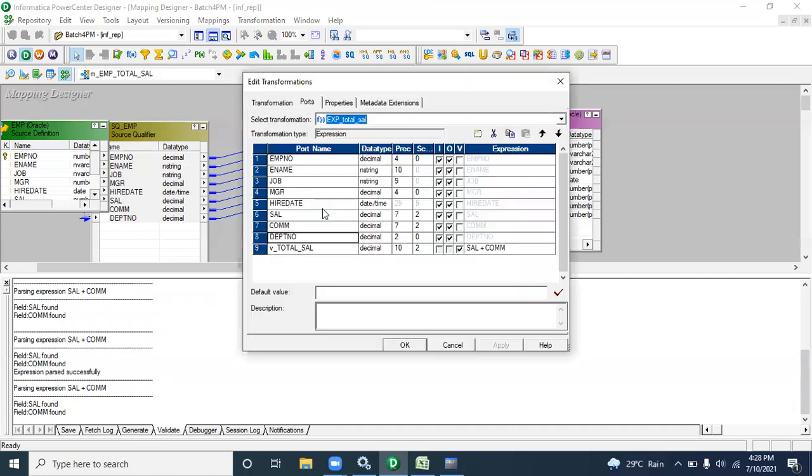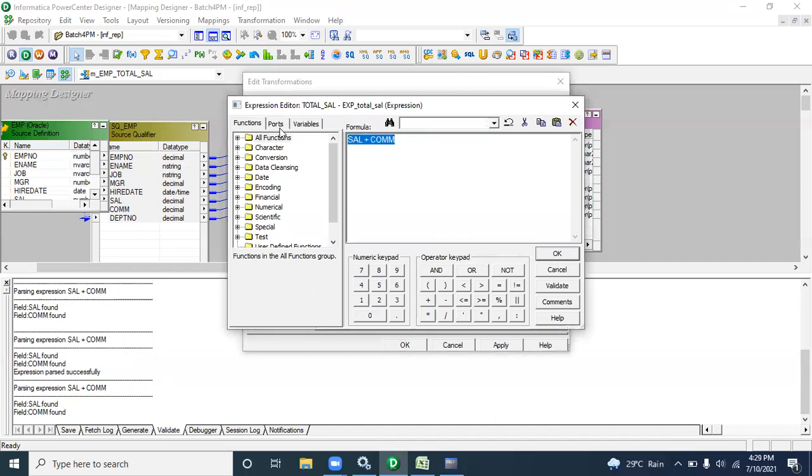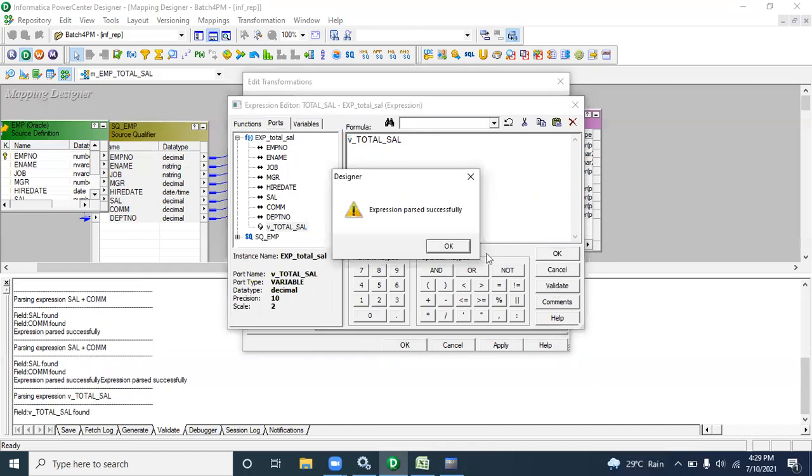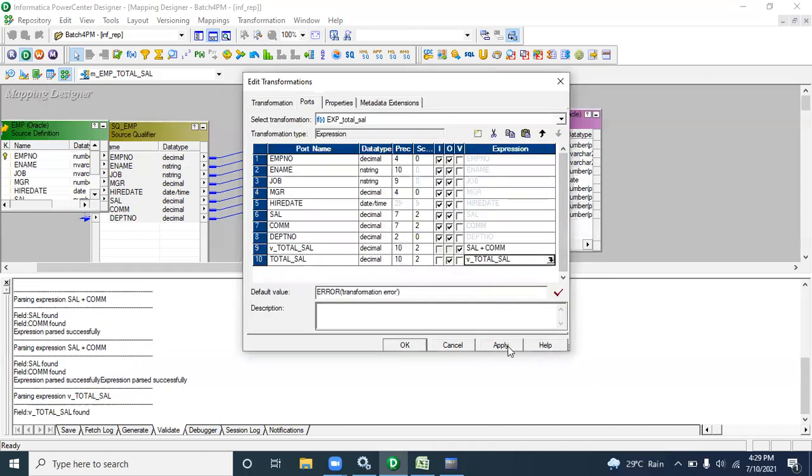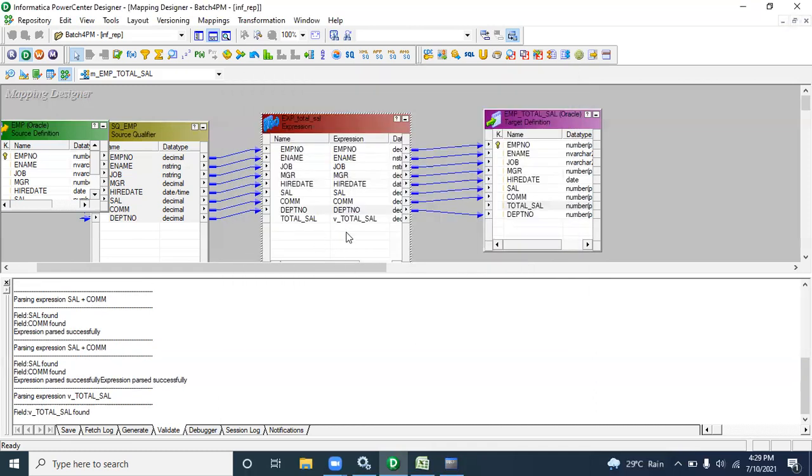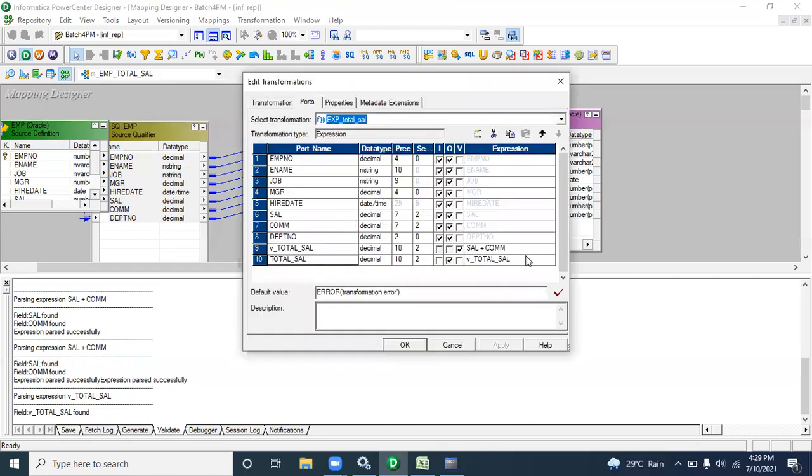No, it's a variable because it's a temporary port for that particular transformation. So let me create it again. I am editing total sal, clicking on output, and assigning the same logic to the variable port. In this manner you can implement complex logic.